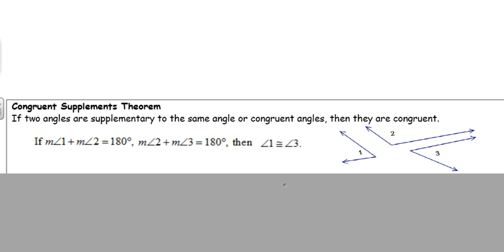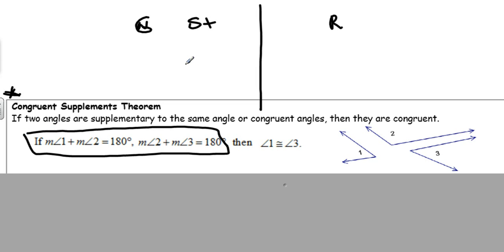All right, the next theorem that we're going to add to your reason bank is the congruent supplements theorem. It's just like the right angle congruence theorem, and it just says that if two angles are supplementary to the same angle or congruent angles, then they're congruent. So you're going to see a series of steps here. If I had your statements here, and then your reasons here, you would see this first half